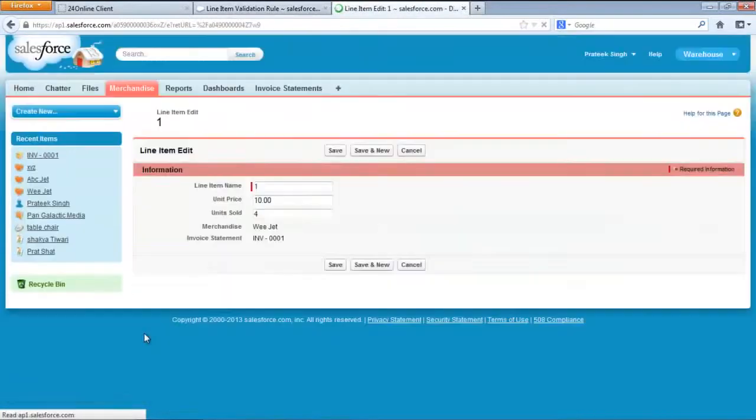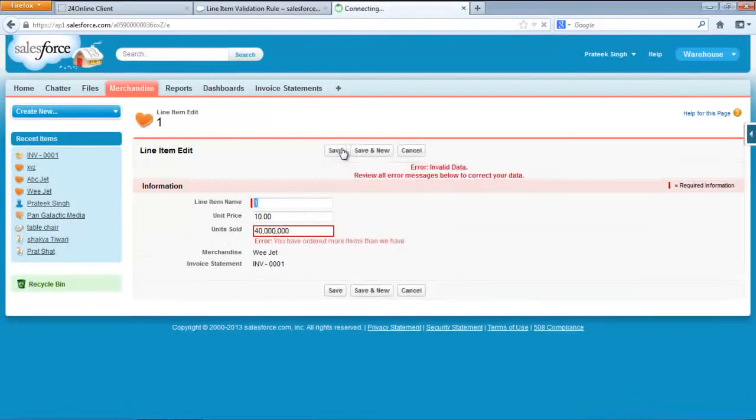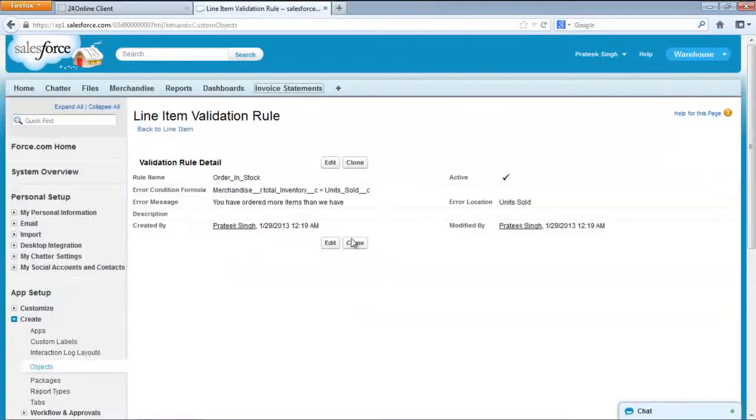You remember when we created the values for the merchandise object, we gave them some values. These are ordered, these are in stock. So let's increase this number and click on save. See, error: you have ordered more items than we have. So this is the way it will give you an error. If we had selected top of the page, this error would have been here. Now we will go back to this line item,